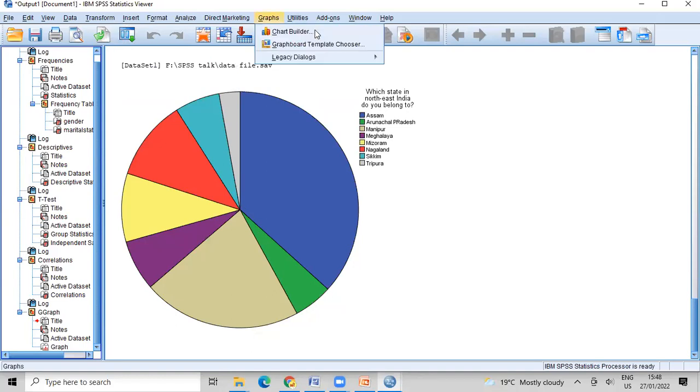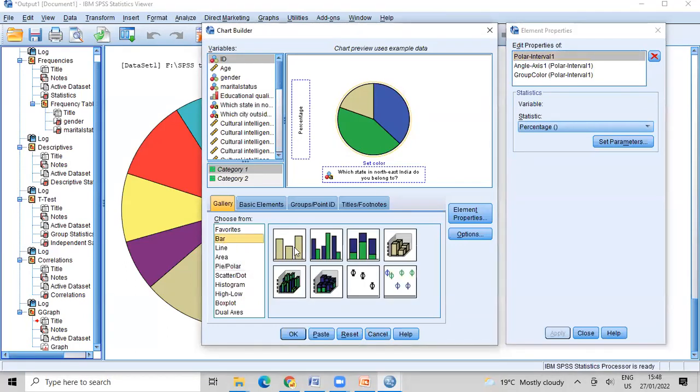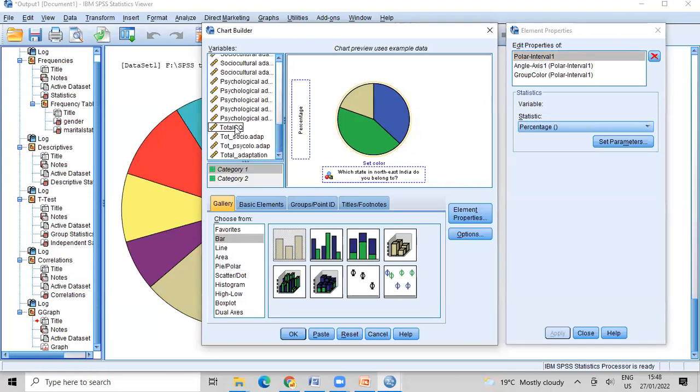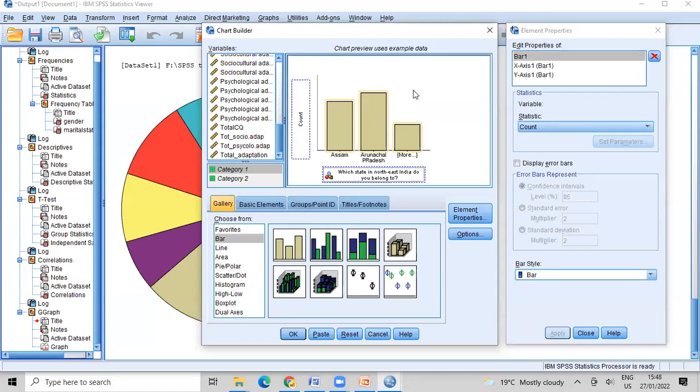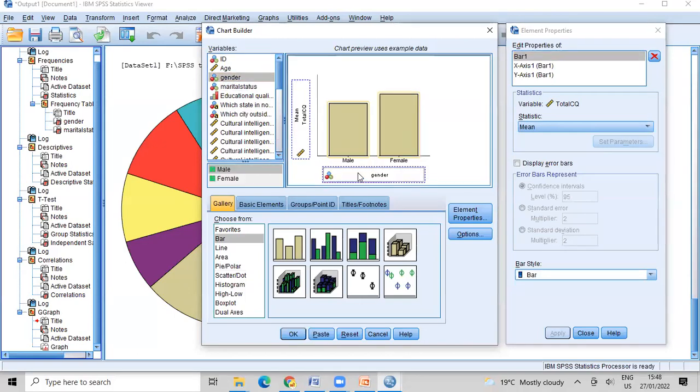Now, again, if you have to create a bar diagram, let's go to bar. We need a simple bar diagram. Select this and drag it here. The simple bar diagram is here. Then we need total CQ here, and then gender here.